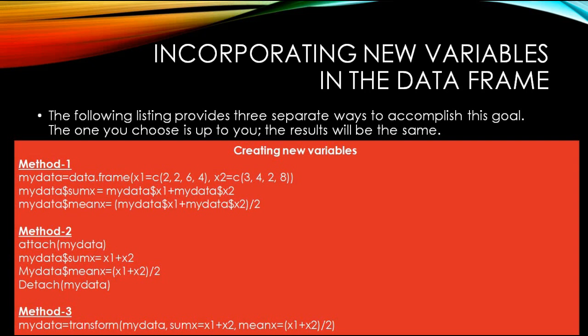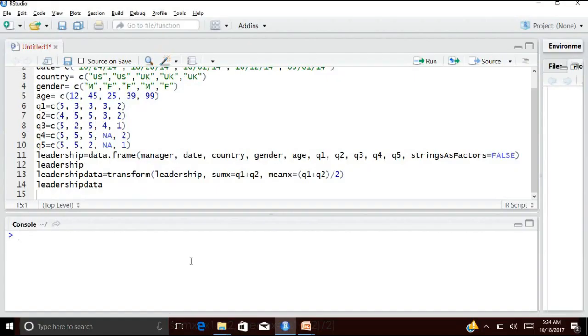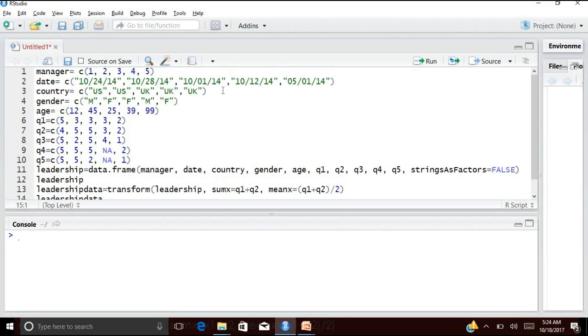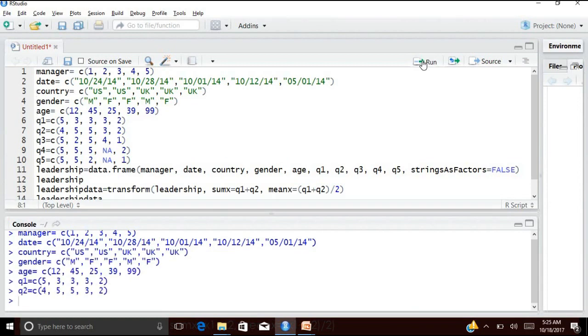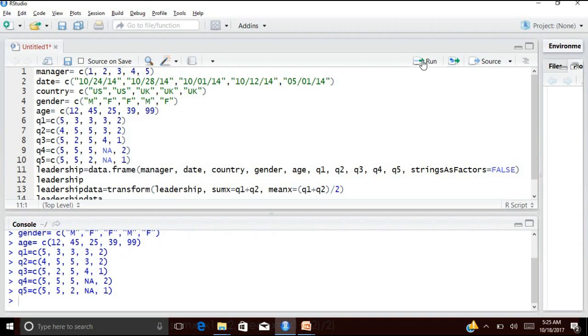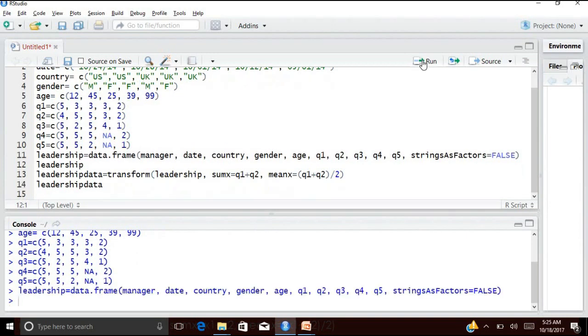So you have to run a code somewhat like this: sumx equals first the parent data frame, that is mydata, and dollar the column or the variable, plus again the parent data frame, dollar the variable. Likewise for mean also, the sum divided by 2.